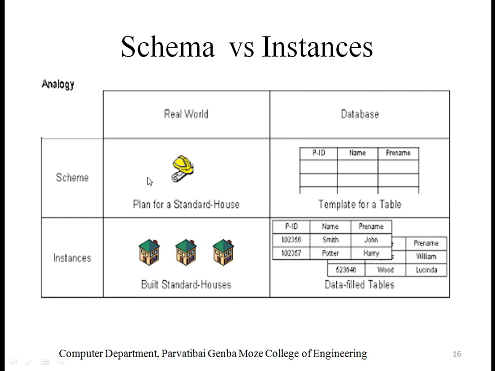This is a real world example. It's a little bit confusing. This is a real world example, and this is a database example. In the real world, this is a logical view for creating the plan of a house, and in the database this is a logical view of a table structure. Then the instance has the practically developed phases of a house. In the database it's the table with some records added. Okay, that's why this is a real-time example. In a general example we can say this, and this is a database example of the schema and instances.